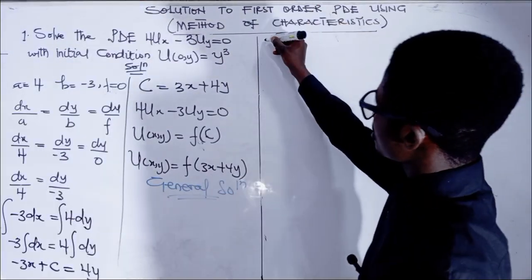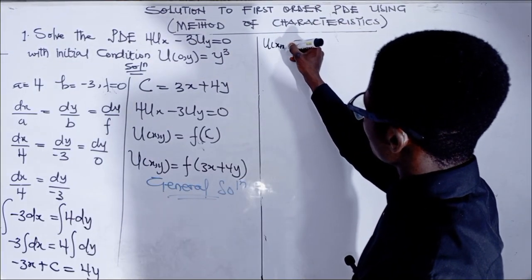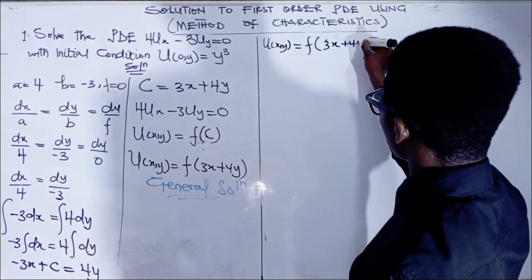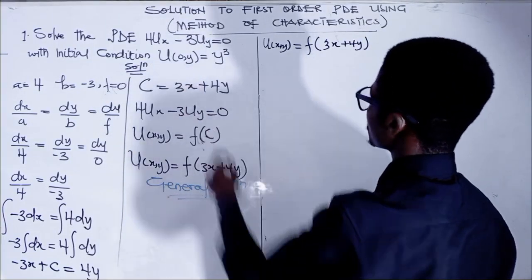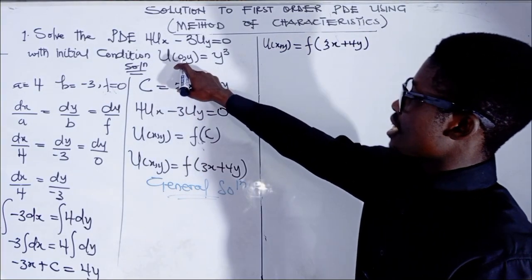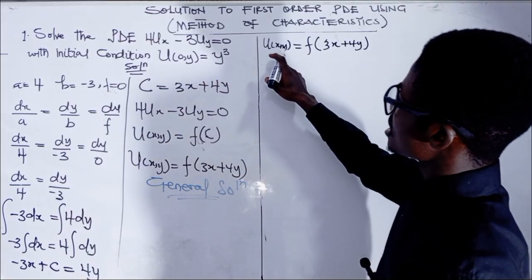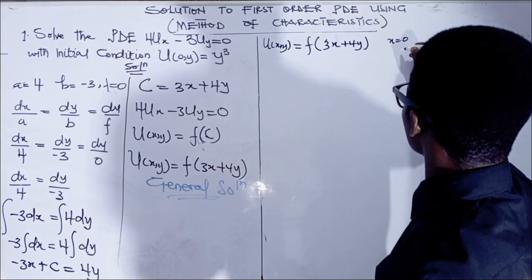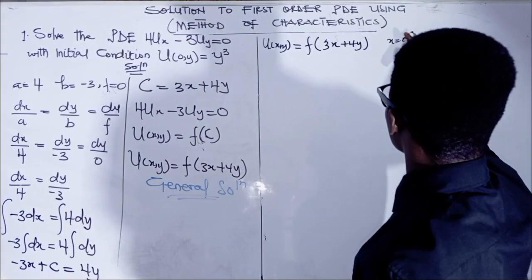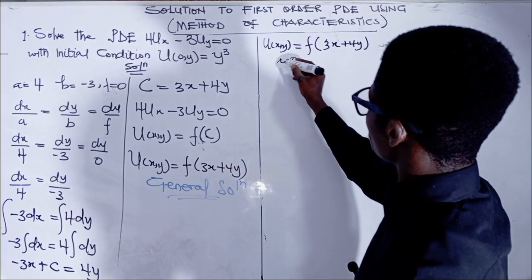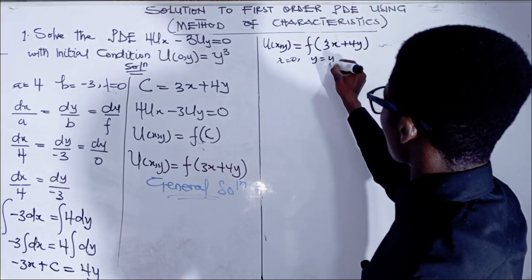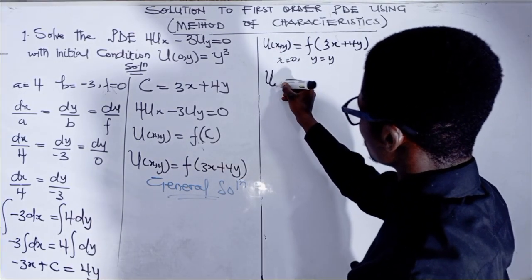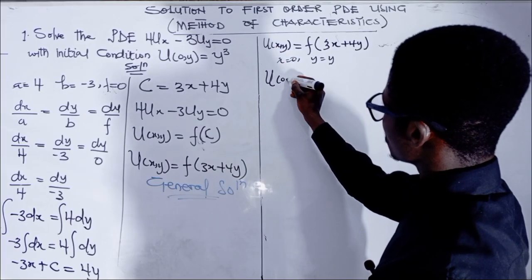So we have our general solution, u of xy is equal to a function of 3x plus 4y. And then we have the initial condition to be of this form, u of 0y is equal to y cube. This means that wherever we see x in the general solution, we should plug in 0. So from here, you can see that our x is equal to 0 and then our y is equal to y. So wherever we see x, we plug in 0. So we are going to have the general solution to be, this will give us 0 and then we have y